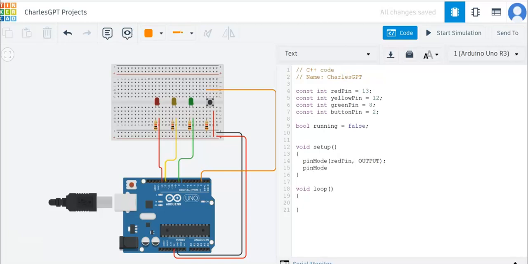Then the next pin mode will be, let's say, yellow pin is an output, so it's cool. So the next one, the pin mode, it's green pin